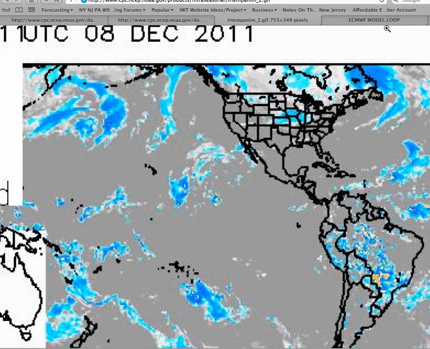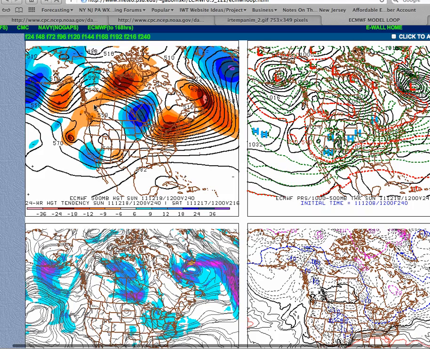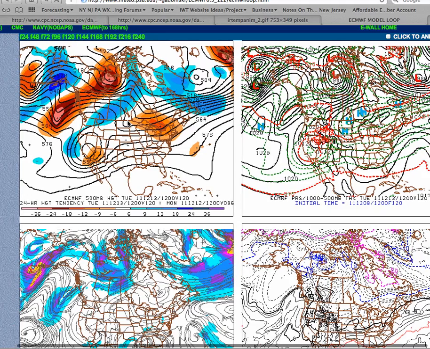Now let's move to the European model guidance. Here we have the European model guidance. I'm going to move back to, let's say, 120 hours. Okay, now at 120 hours, we see a couple of interesting features. We see an upper level low over the southwest. We see a ridge trying to build, and we see a disturbance over portions of the Northwest Territories in Canada. We also see a ridge trying to build around the Gulf of Alaska and a trough around the Aleutians. This is, I guess you could call it, almost like a hybrid negative EPO pattern.